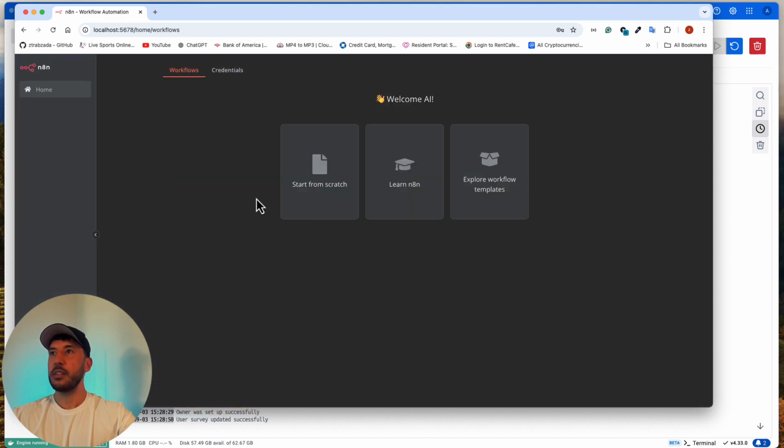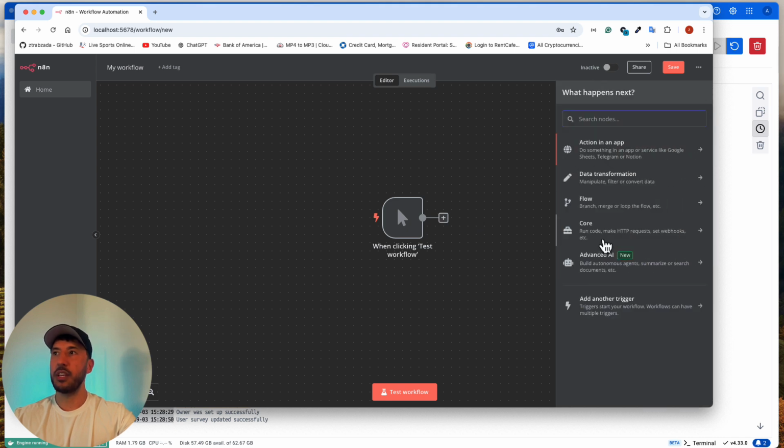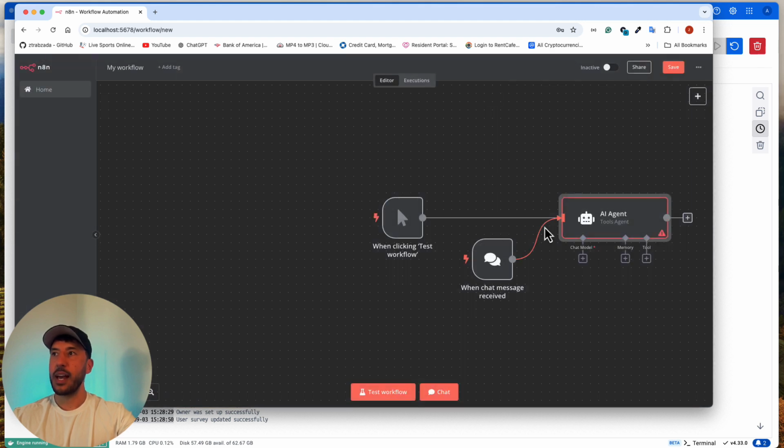All right. So now it presents you the blank workflows. And again, it's the same environment or the same user interface, just like if you were to access from your cloud account. You have your templates over here, you have your account, you have n8n, your credentials, and start from scratch means that now you can just jump into your workflow. And again, same thing, you have the ability to access everything from your local host here, your advanced AIs, AI agents, whatever you need, all of this will be accessed.